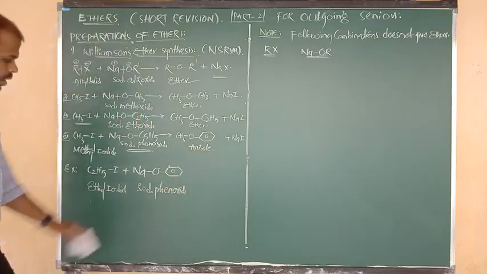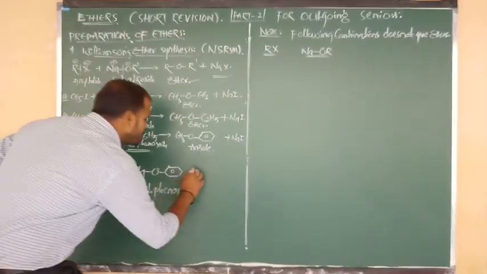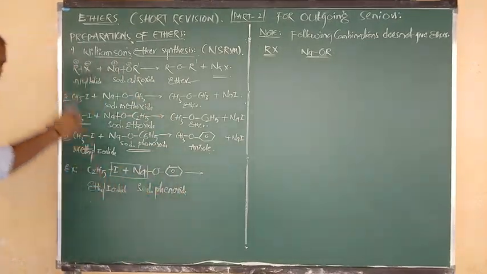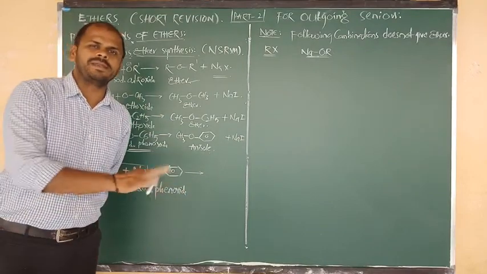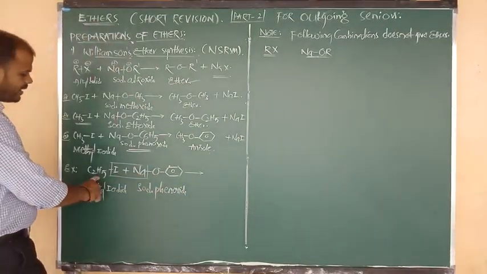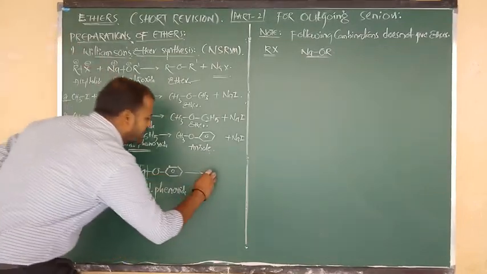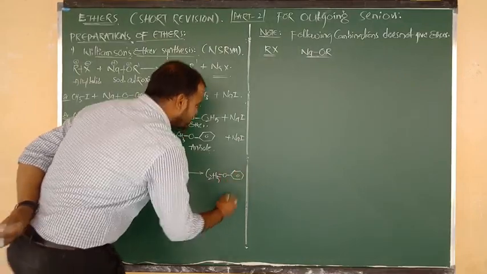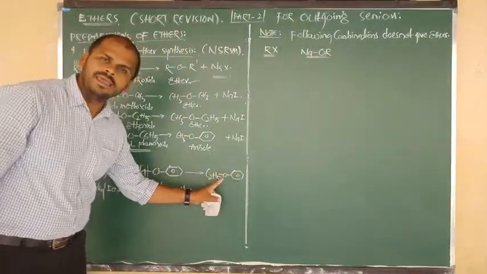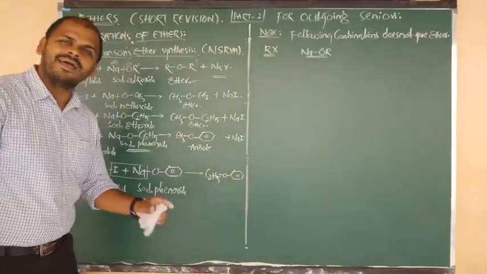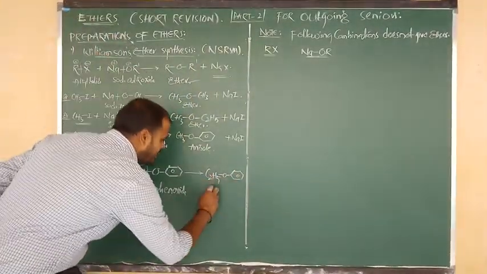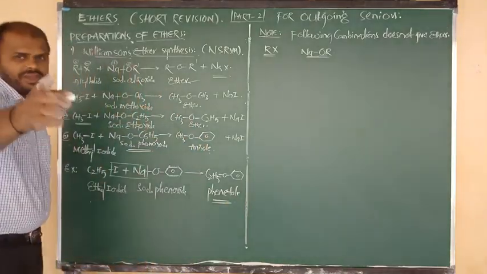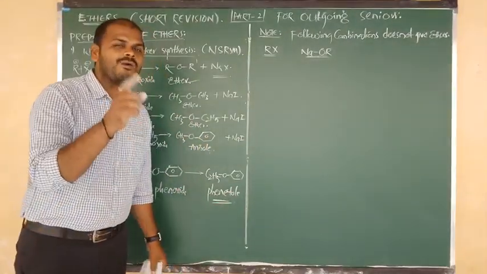So ethyl iodide on reaction with sodium phenoxide is going to form the product. Same, beta: Na combines with I and is removed in the form of NaI, sodium iodide. Remaining is easy, beta. Remaining is C2H5 connected to O bonded to benzene. So C2H5O, O connected to benzene. That is known as ethyl phenyl ether, or we can say ethoxybenzene. And I have also told you in yesterday's class, very important name, this is known as phenetole. It is also a repeated question, very important, beta.